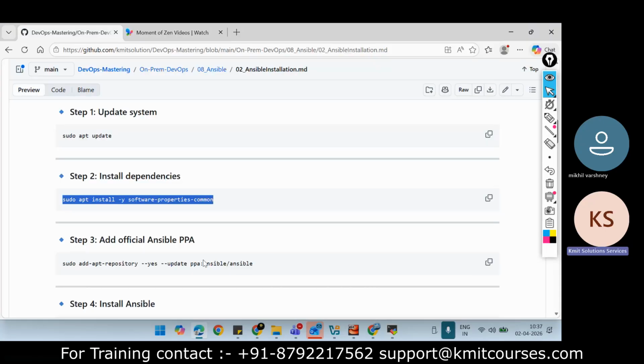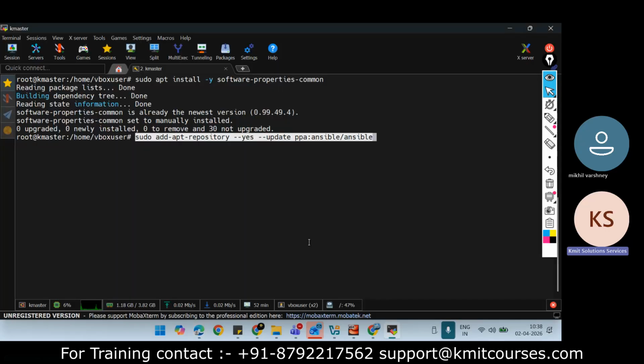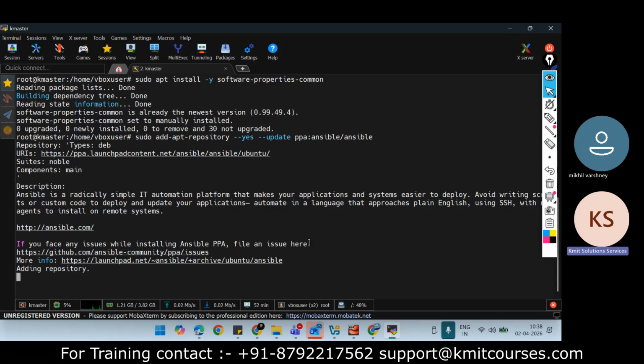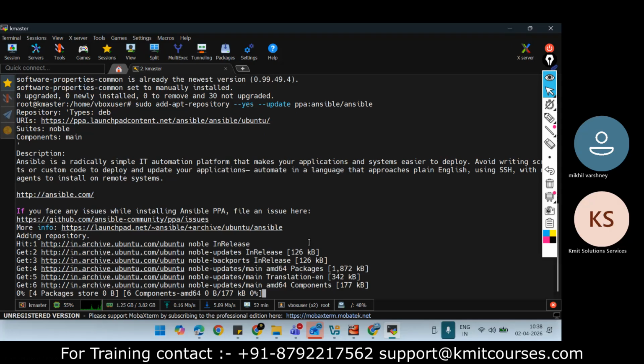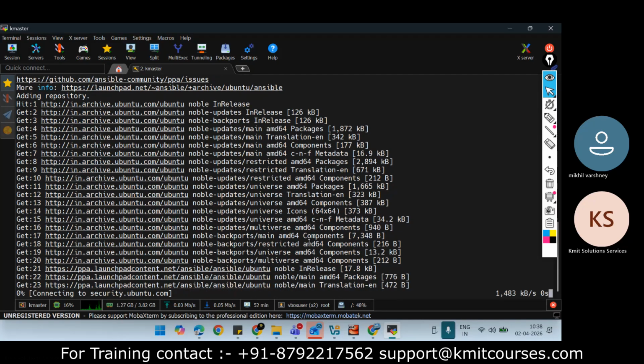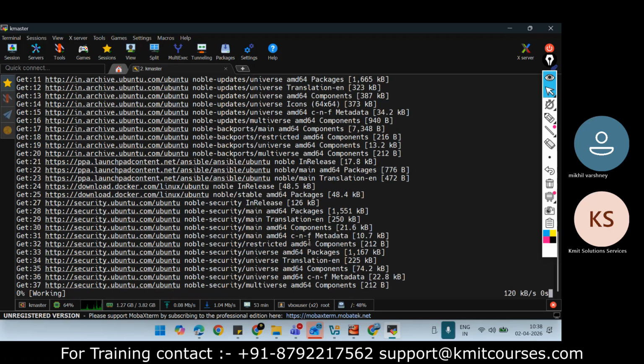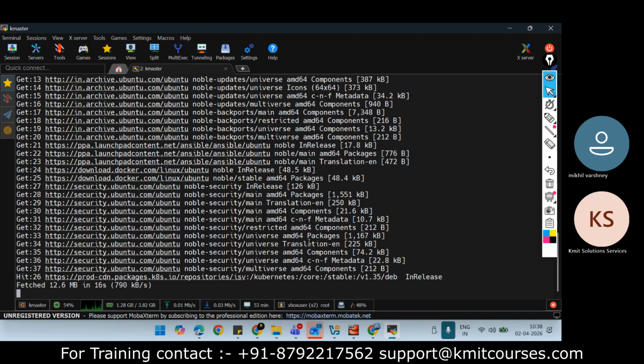Right, so everything is there. Next, I want to install Ansible from a repository, which is the Ansible PPA, so I need to add it into my APT repository. It is going and saying I'm adding this. It will take a little bit of time.